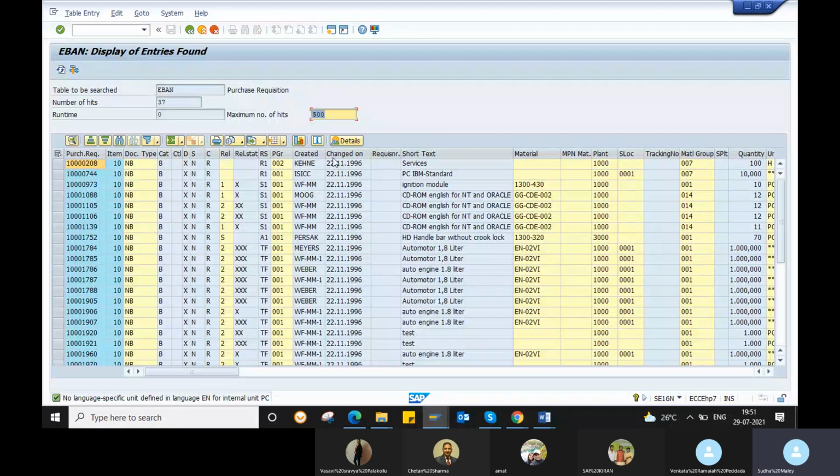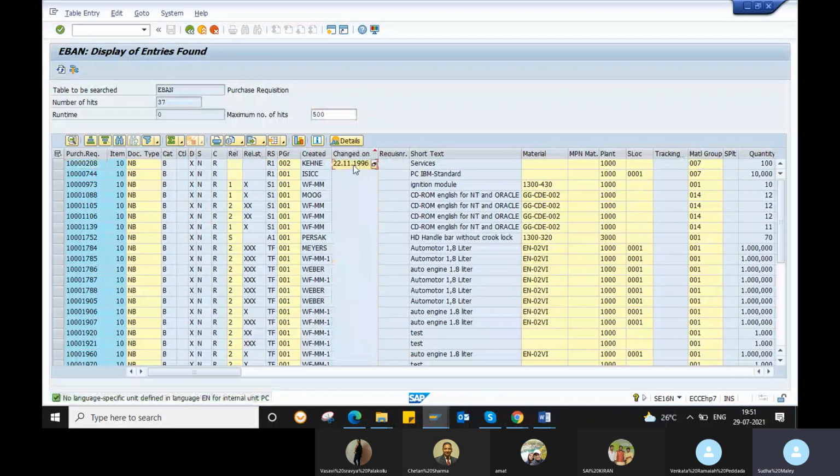We will see if there are any purchase requisitions. Oh yeah, it's there, but there are two old documents from 1996.